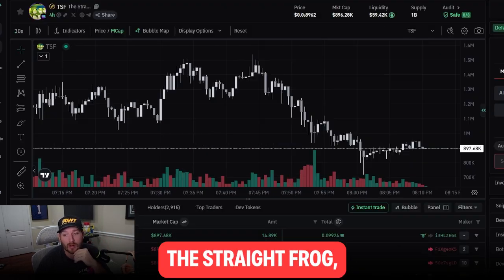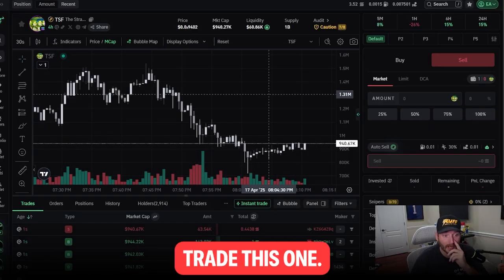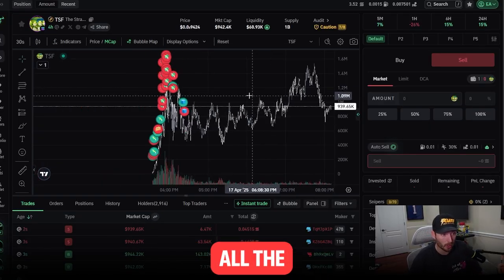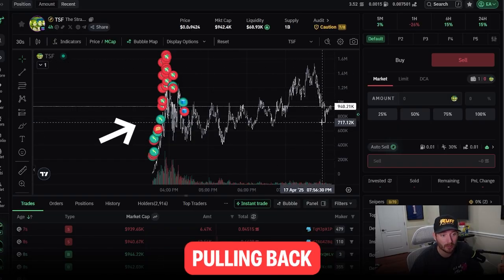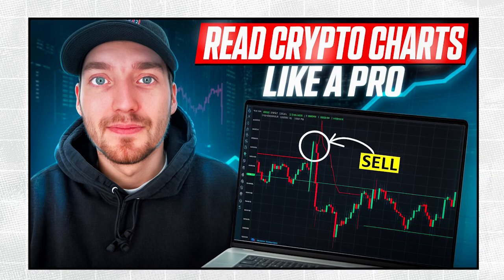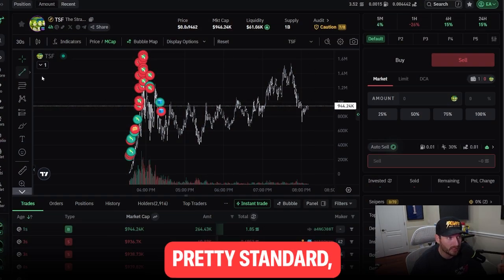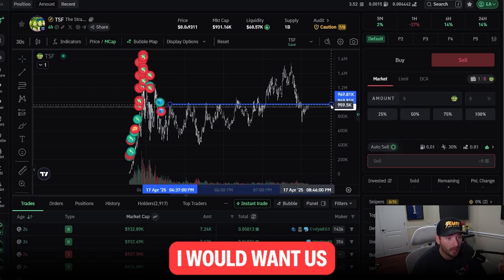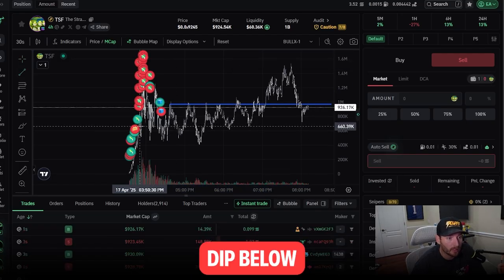We can take a look at the Straight Frog, for example. So very quickly, what I want to look at is this chart. I did not trade this one, but we can quickly see on the chart all the tracked wallets I have, trends, etc. This has made an uptrend, now pulling back, still making a higher low. So I use a previous video that I've talked about with charting to actually outline where it may be a good entry. Even here, this looks pretty standard, where if we want to take a look at a trend line, I would want us to break above this, hold that top line, and if we dip below here,